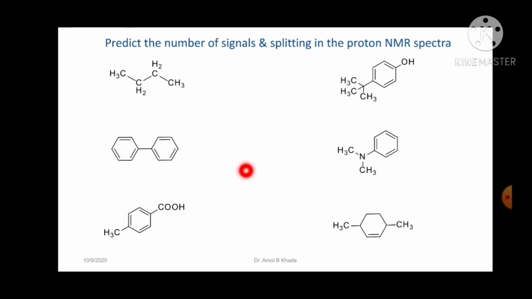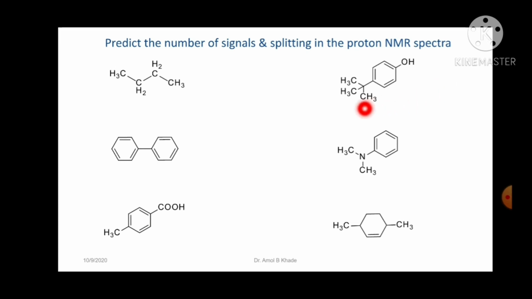Okay, but to be very precise, if I consider the aromatic protons of this carbon and this carbon here, they will be in the same identical environment. Similarly this carbon and this particular carbon in front of it, which is near to methyl, will be in one environment. So to be very precise, these aromatic protons will give 2 doublets, but in general at this UG level we consider it as a multiplet. Okay, so 3 sets of signals and multiplicity is 2 singlets for COOH and CH3 and 1 multiplet for the aromatic protons.